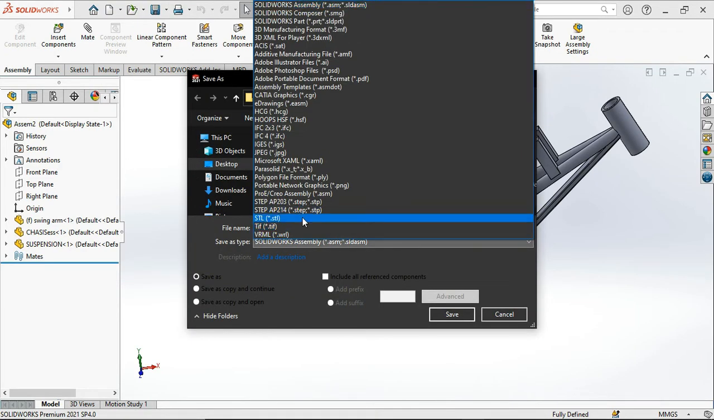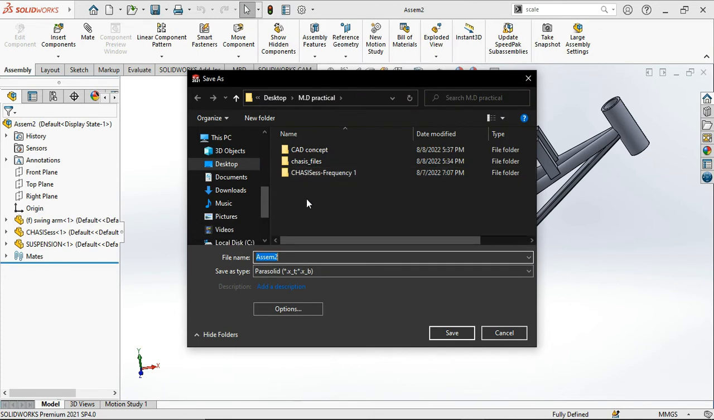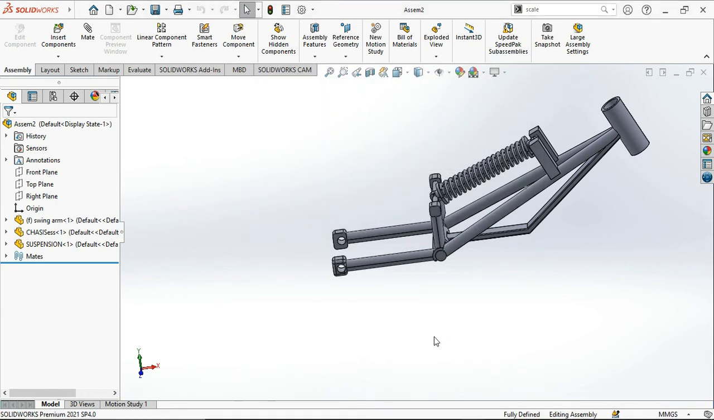Just in case we intend to do dynamic analysis, we'll have to do it in Adams. This is our vehicle structure. Okay, now